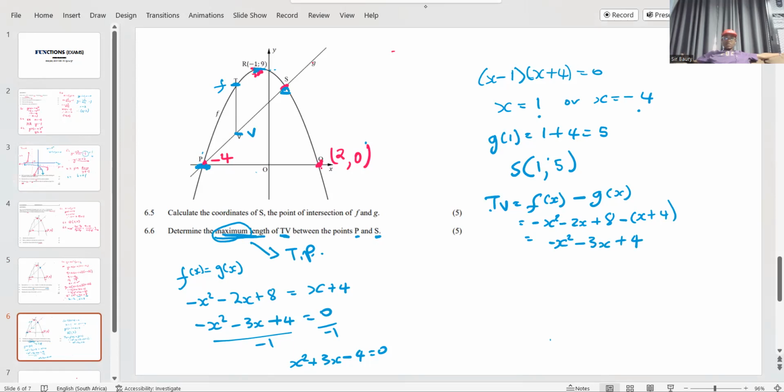It's like when they ask you about the minimum. If they're asking you about the minimum, that's when you have a graph like that. There's the minimum. The graph cannot go below that. So the minimum is this turning point here. In this case, we are dealing with the max. Here's the max, right? So from this equation here,